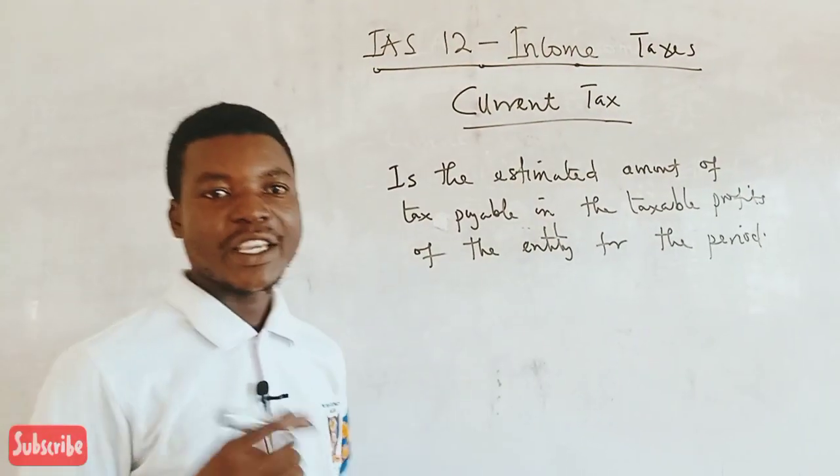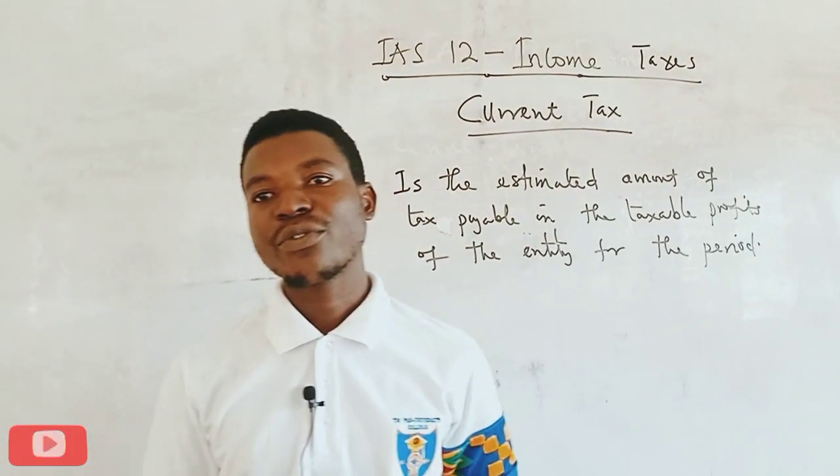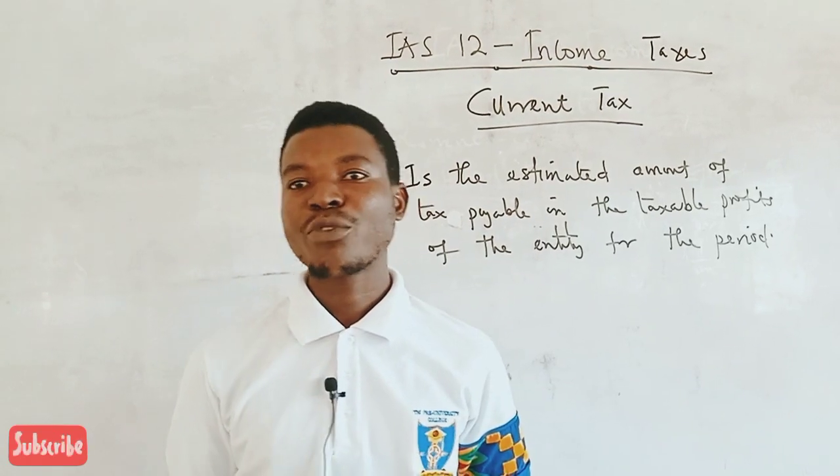So IAS 12 defines current tax as the estimated amount of tax payable on the taxable profit of the entity for a